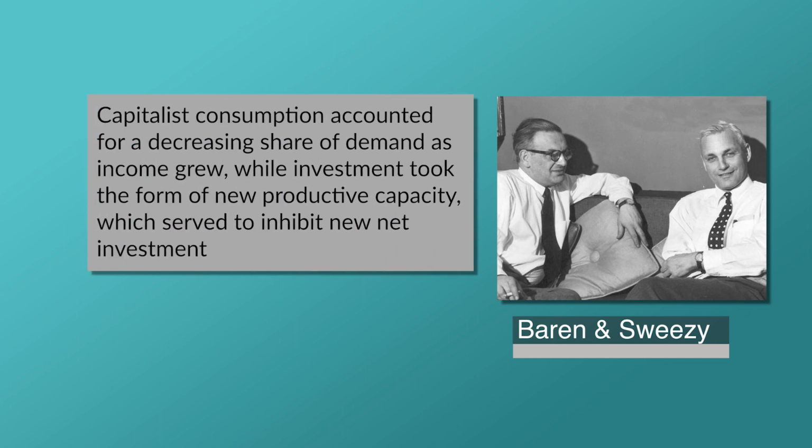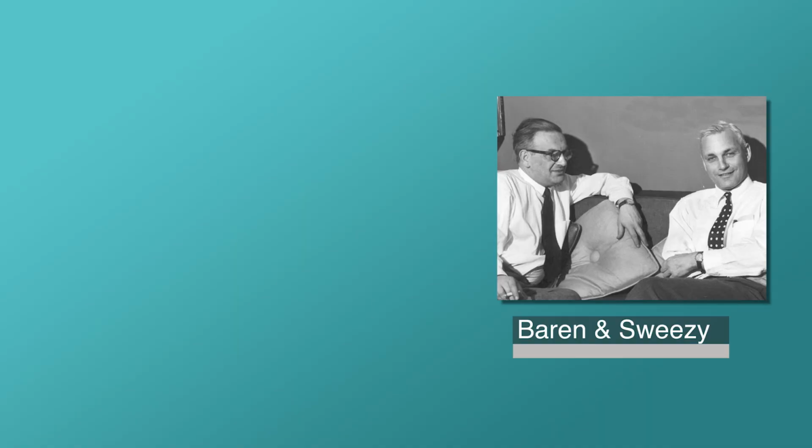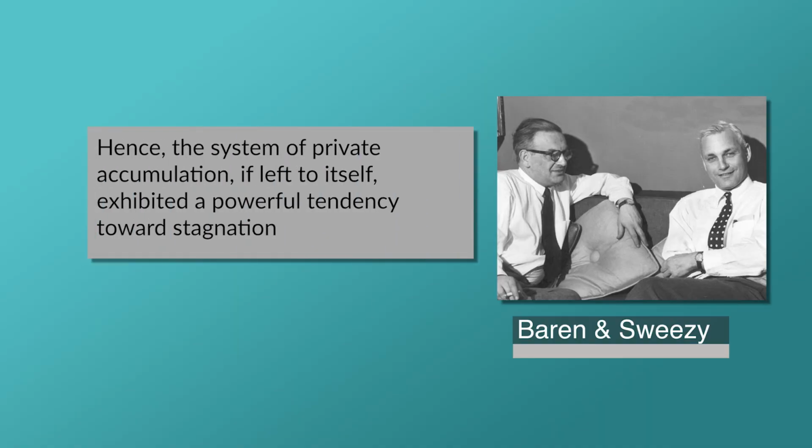Capitalist consumption accounted for a decreasing share of demand as income grew, while investment took the form of new productive forces which served to inhibit new net investment. Although there was always the possibility that new epoch-making innovations resembling the steam engine, the electric motor, the railroad, the automobile, etc. would emerge, allowing the system to break free from the stagnation tendency, such massive capital-absorbing innovations are by definition few and far between. Hence, the system of private accumulation, if left to itself, exhibited a powerful tendency to stagnation, according to Sweezy and Baran,